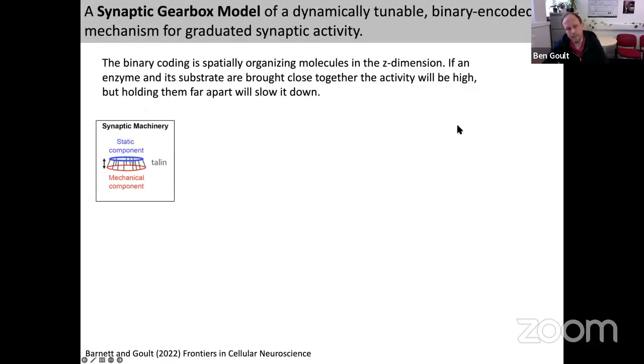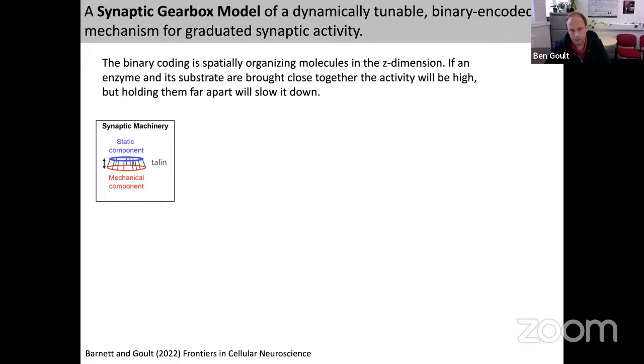But this led to this thinking, that within a spine, but also within any cell, you could imagine that all of the molecules could be separated into 3 sorts of types, 2 ordered and 1 disordered. You've got things which are physically attached to membranes or to organelles, which are relatively static. Then you've got things which are freely diffusing. And then you've got another ordered component, which is being physically moved by these switches opening and closing, recruiting to specific locations